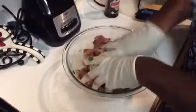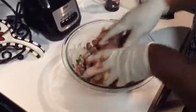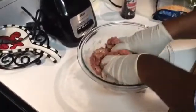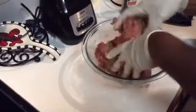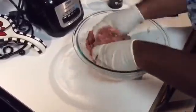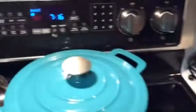I have 3 stalks of green onions in here. Going to mix these potatoes all up in here, and I am going to put this in the dish, part of it, and then I think I might add a little sour cream to it. And see, I do the sour cream on the chicken, but I don't remember if I've done it on the beef. And I've preheated my oven to 350,